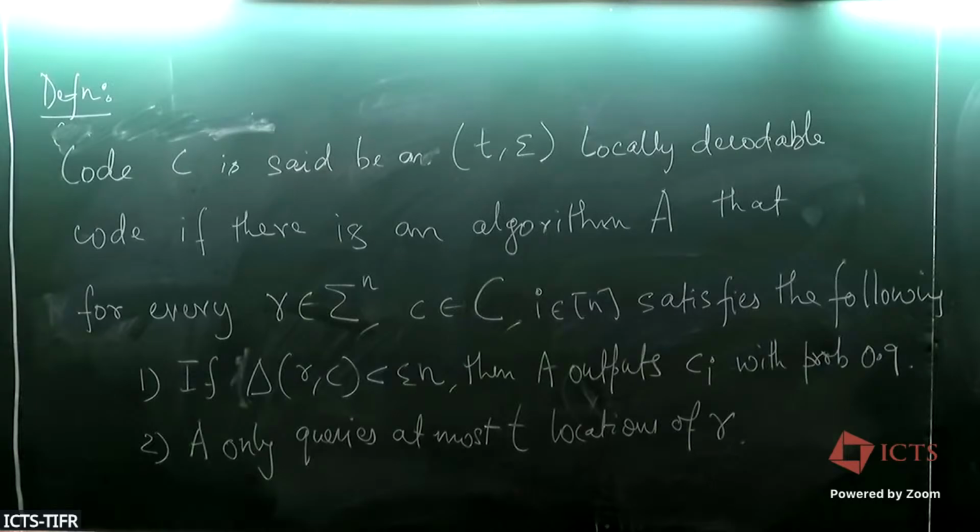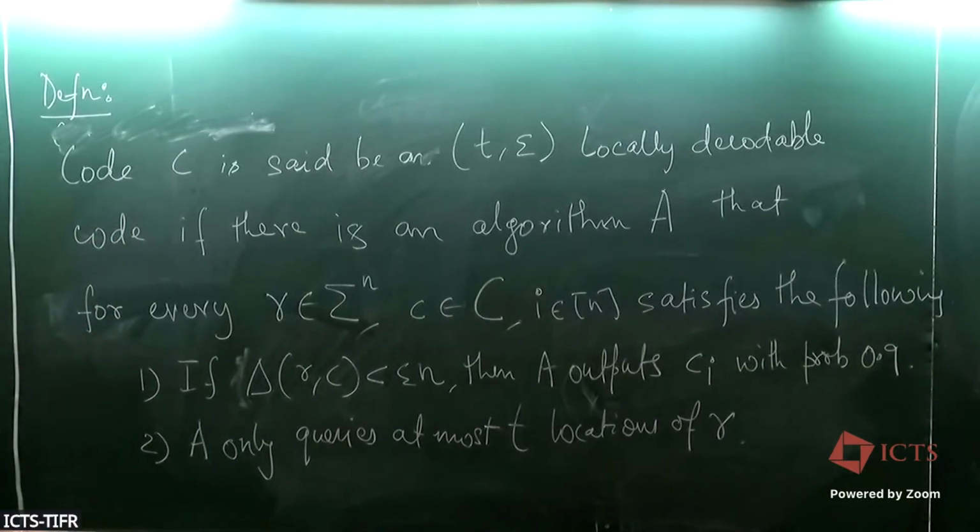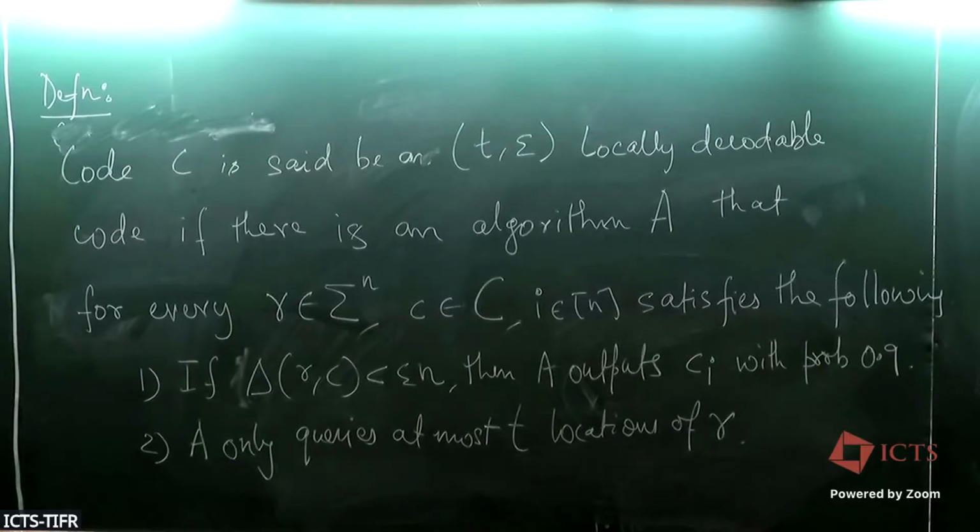Okay. Questions about the definition? All right. So this definition is only interesting if I show you that there is a locally decodable code. If there are no objects satisfying this property, that doesn't make the definition very interesting. One of the weird things about LDCs, locally decodable codes, is that